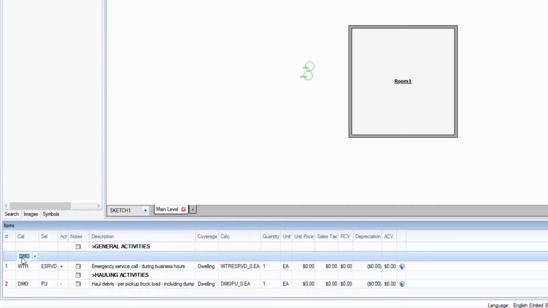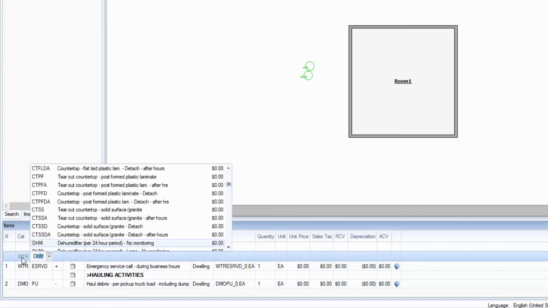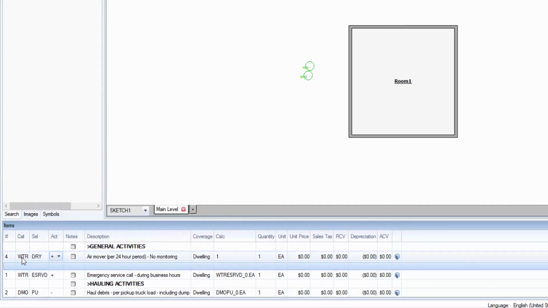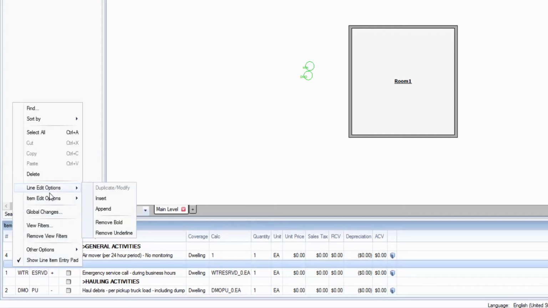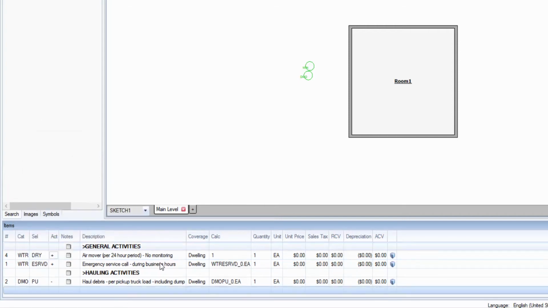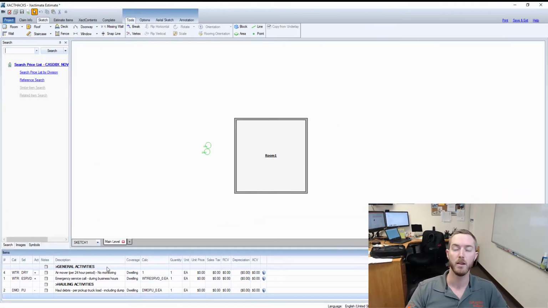And we can add WTR, DRY in there and continue on and keep going. And then if you want to send that blank line item to the bottom, you can always hit line edit options and append and set it to the bottom. So this has been another Hotkey Highlight showing you how to quickly insert new line items into the spot that you want them